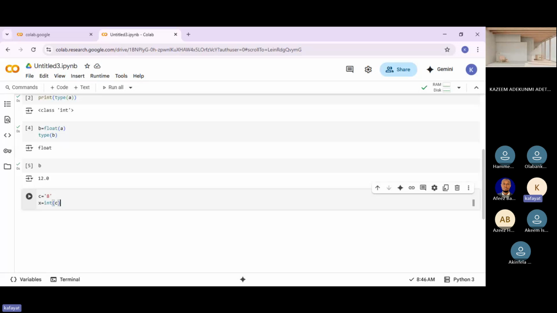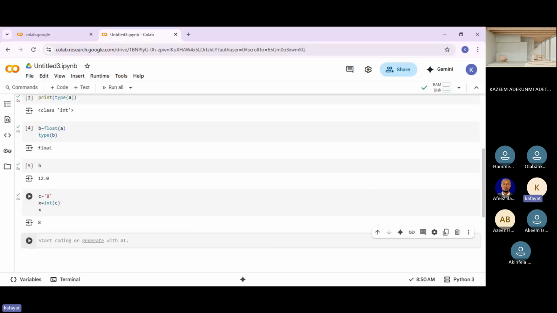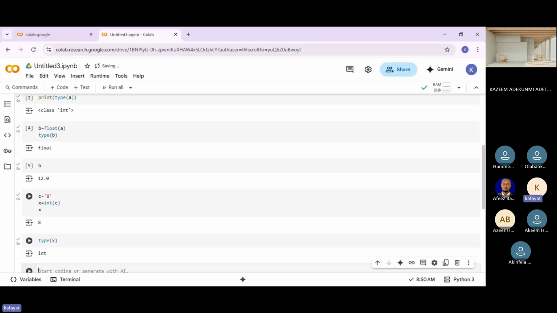Programming is all about automation, how to make your work easier. So in C, if I print X now, let's see what it will return. And when you check the type of X, integer. Are you seeing it now?